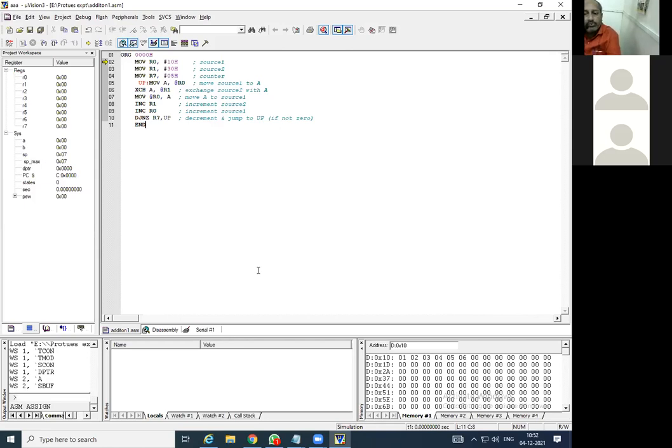So according to you, what will happen? Whether it will get exchanged or not with this program, because the counter we have given, the maximum count, is 5. So that may not be possible. So let us check here. Source, I have uploaded the data. Then step by step I will run the program.